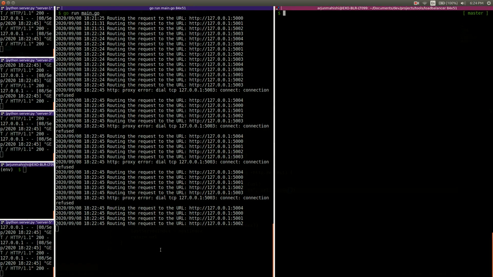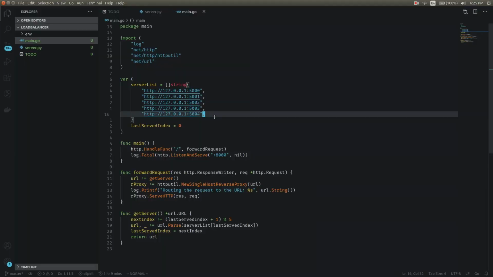But generally load balancers have a mechanism where they keep performing health checks of all the servers to keep track of which server is up and which server is down, and they route requests only to the servers that are up. Maybe in the next video I'll cover how to build a health check functionality for a load balancer. So as far as our current load balancer is concerned, you can keep adding as many servers to this and then it'll keep routing requests to all of them equally. You could also read this list from a config file or a database.